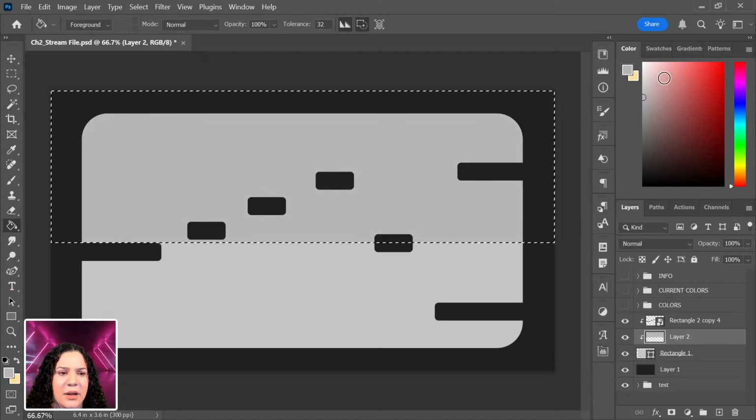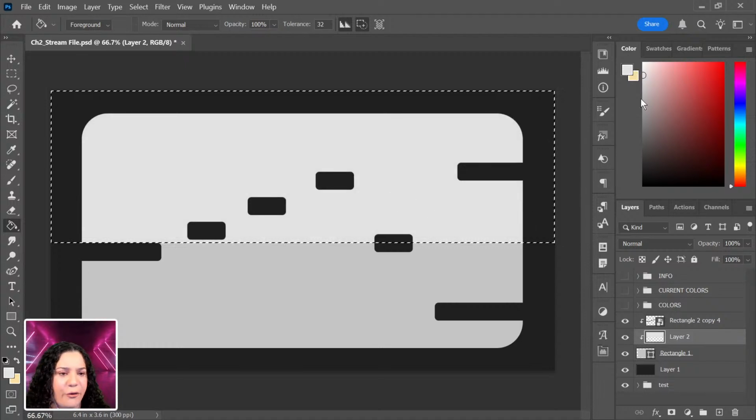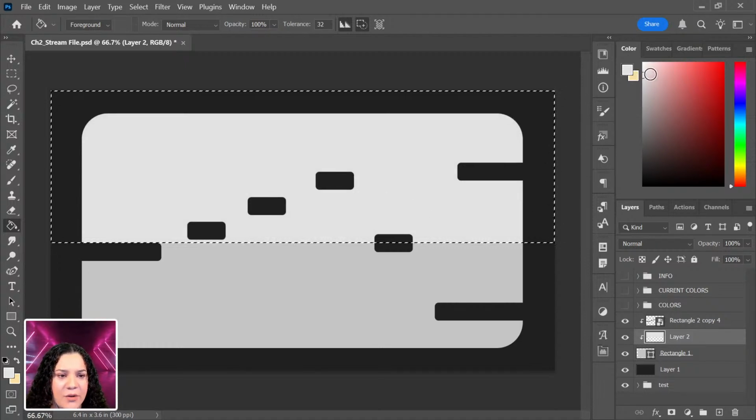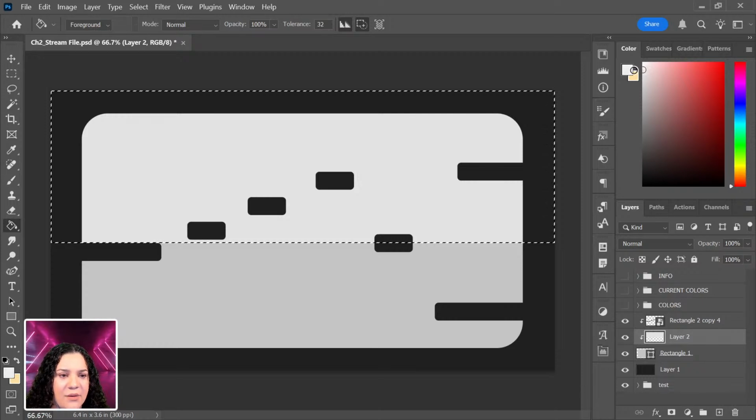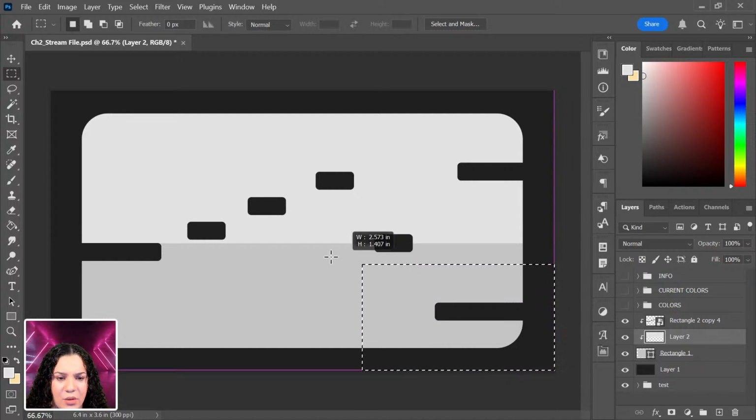Let's do like a light color, maybe a little bit lighter than that. And we're just going to kind of create like a little gradient in 3 or 4 parts. Okay, that works for me. In fact, we might even do this pretty darn bright. Let's do it like this. And then I'm going to take my Marquee tool and we're going to also